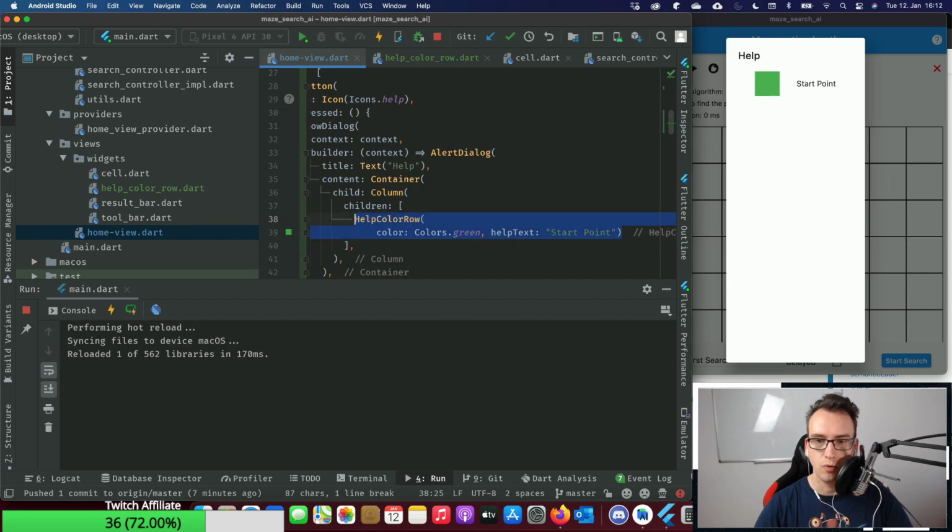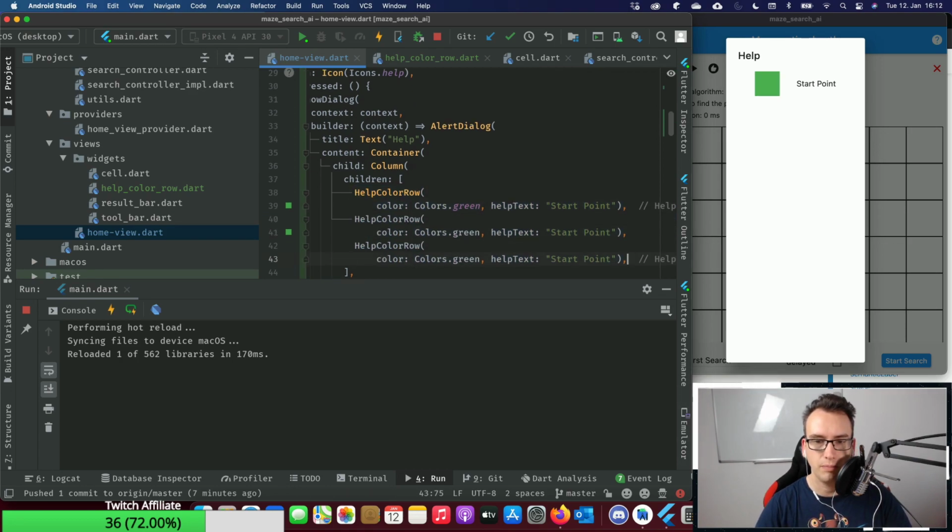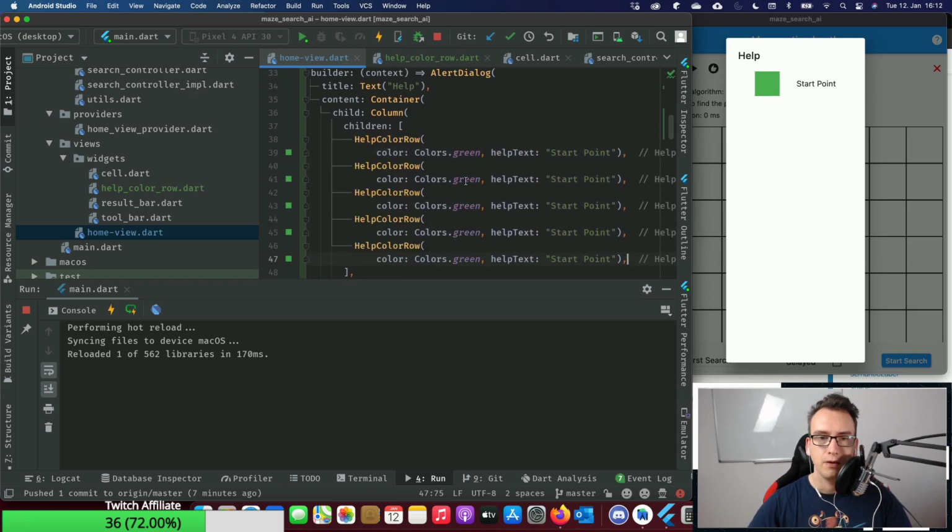So now that's more like it. We make a comma at the end, and now I can replace a lot of them. So we have the red, this is the end point. We have yellow, which is at the moment our visited tile.